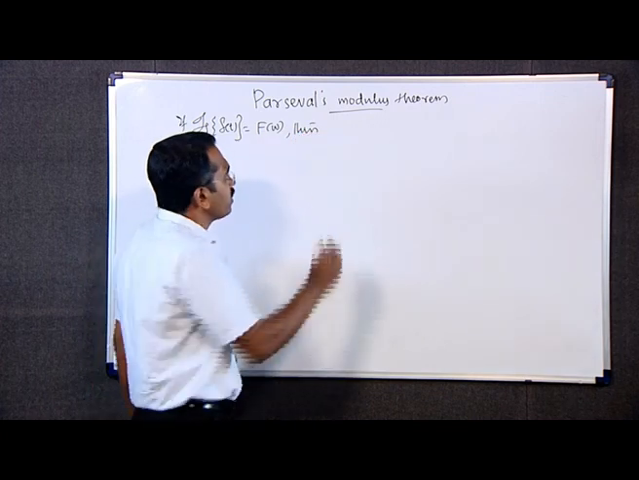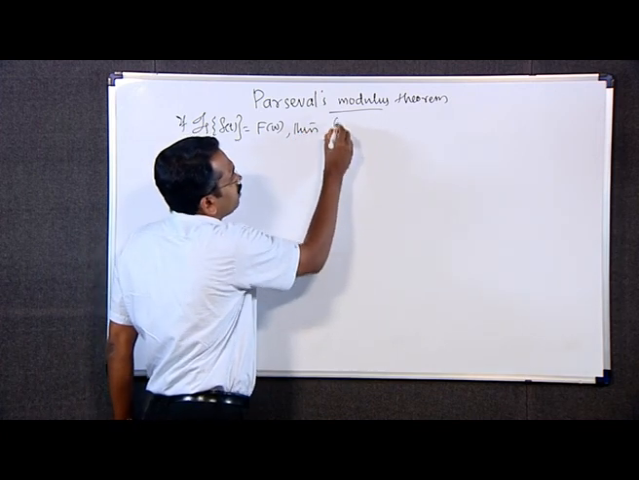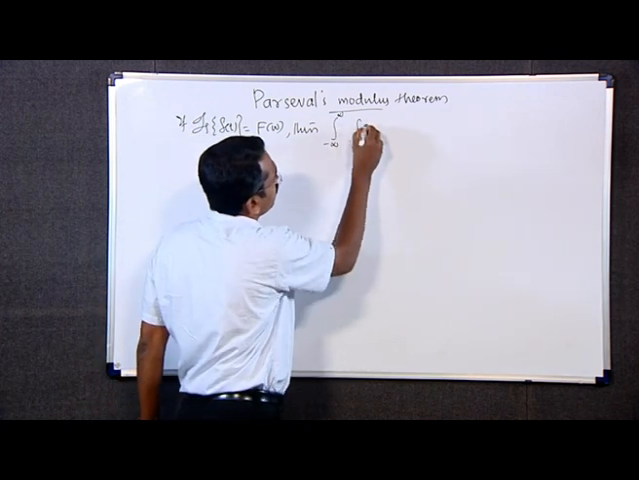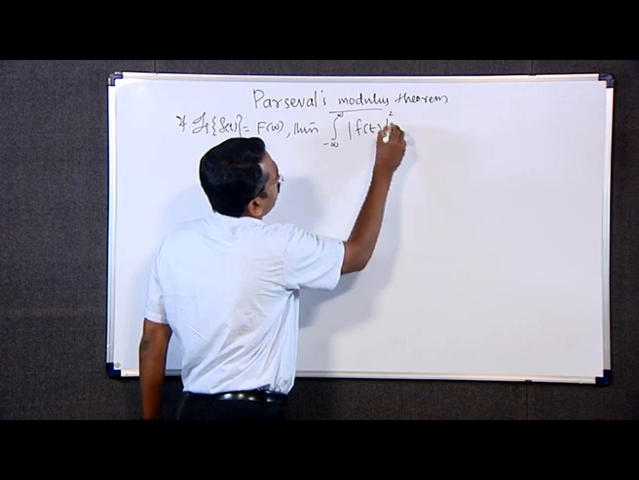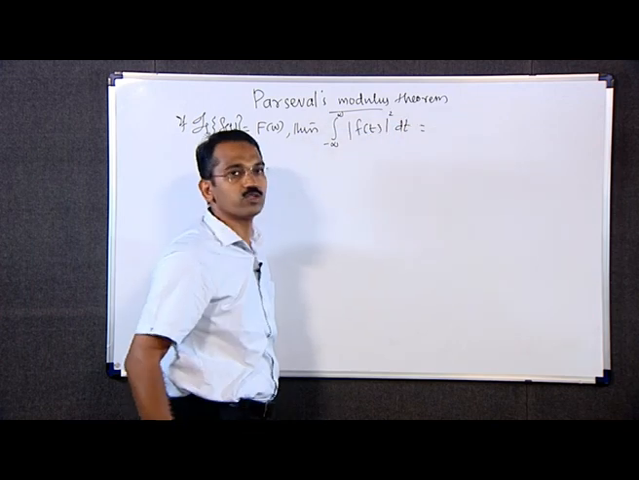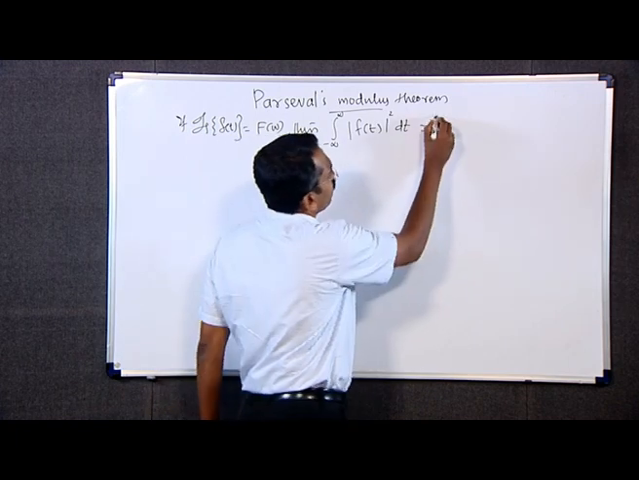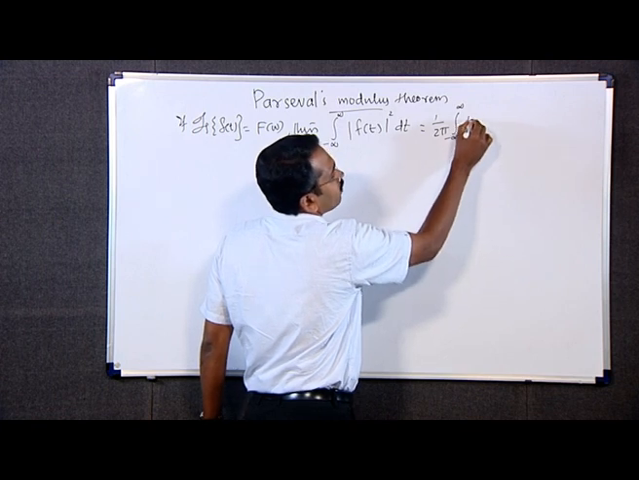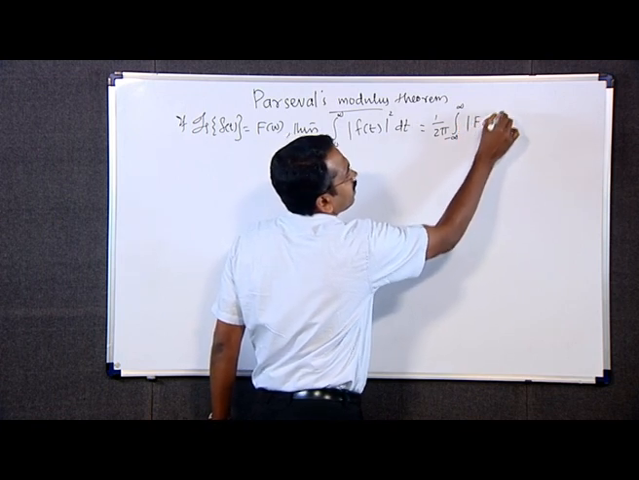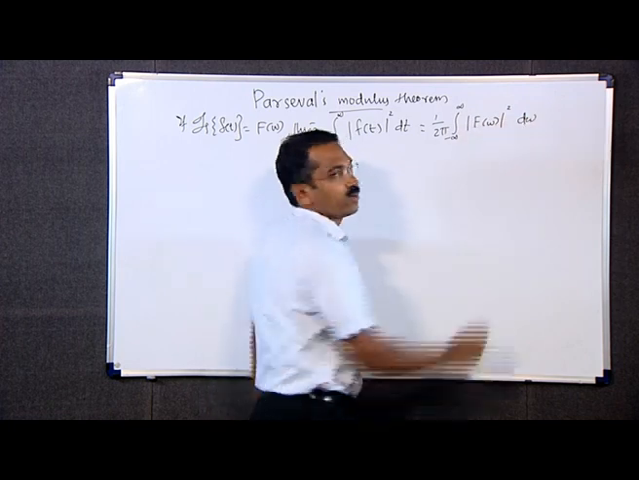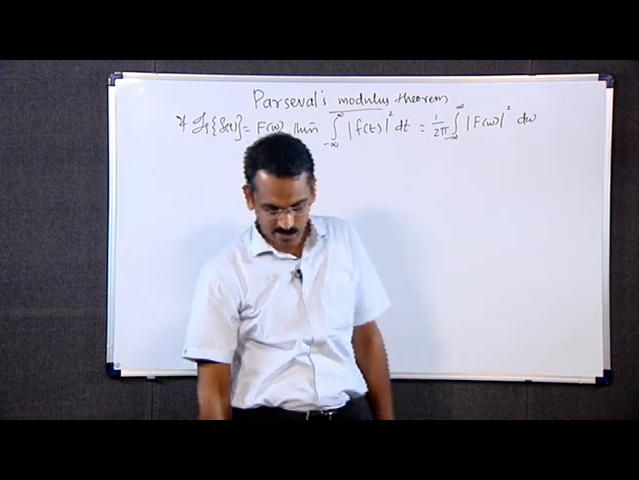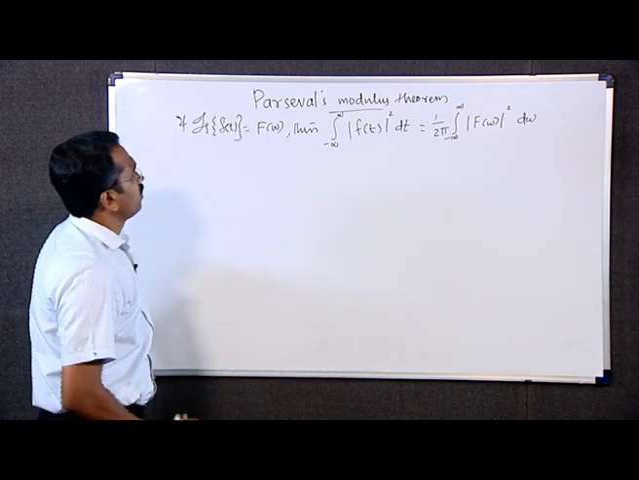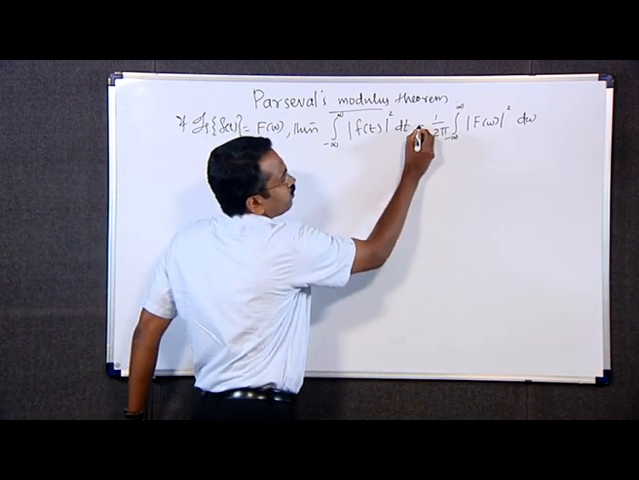we can write the integral from minus infinity to infinity of the modulus of f(t) the whole squared dt is equal to 1 by 2 pi times the integral from minus infinity to infinity of the modulus of F(omega) the whole squared d omega. This is Parseval's theorem for Fourier transforms. In order to prove this theorem,